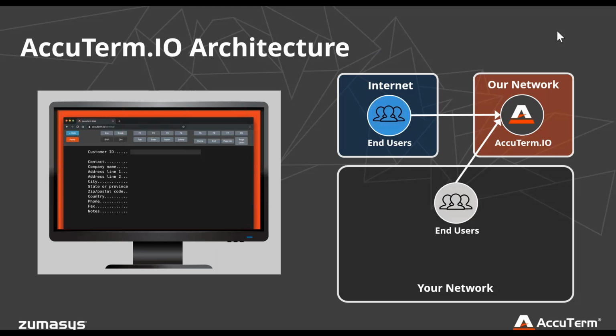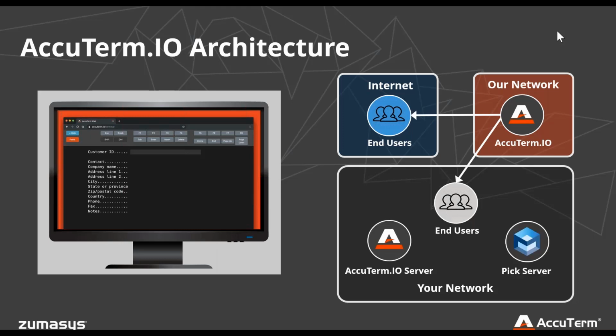What we are not changing and what we are not doing by default is this: your Pick application is not on the internet. Everything on that side stays the same. What we're changing is how AccuTerm actually gets to your PC. So you'll go through the security layer, AccuTerm will be deployed, and then your config files will still access your server the same way internally, with the same security model that you are currently using.